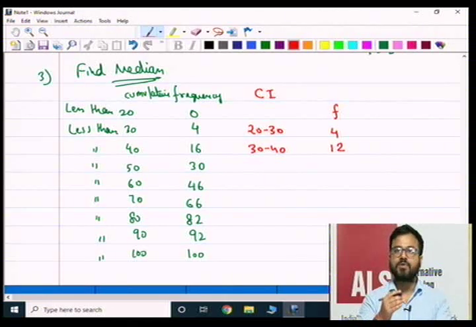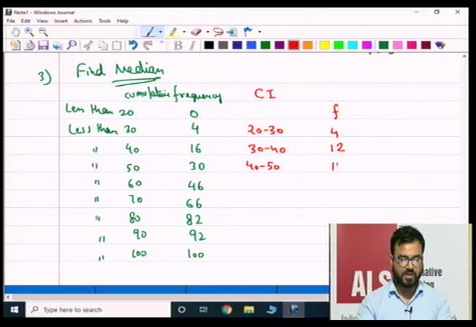So basically what we have to do in every step is subtract the previous cumulative frequency. In the interval 40 to 50, less than 50 is 30 and less than 40 is 16. So we can subtract this 16 from this 30, and we will get 14. Similarly, we can write the interval